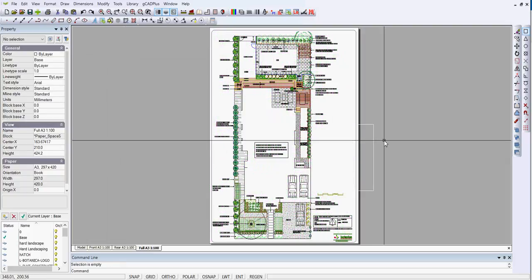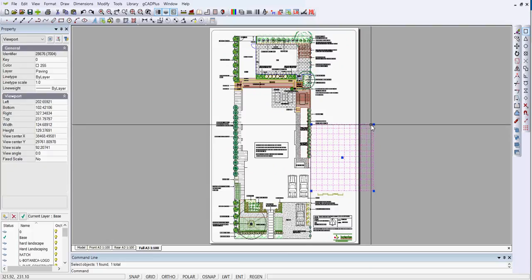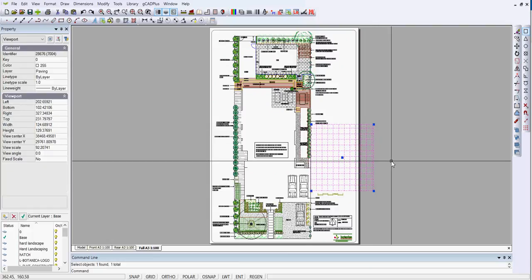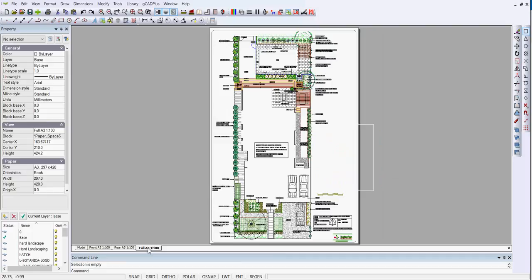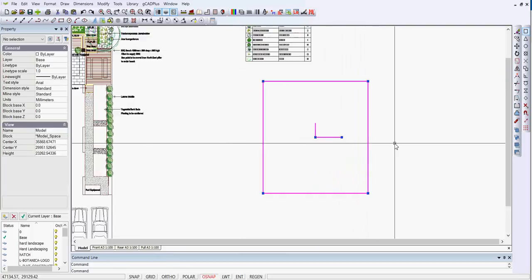But we want to see that plant schedule on this very same sheet. The way that's done is to create another floating viewport. To do that, you right click on the tab and say I'm going to add a viewport. So in order to display something in that viewport, just as we did with the main floating viewport, we go